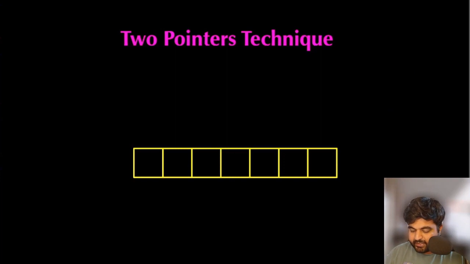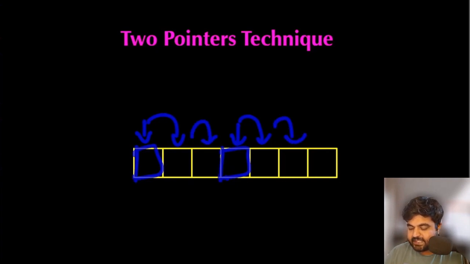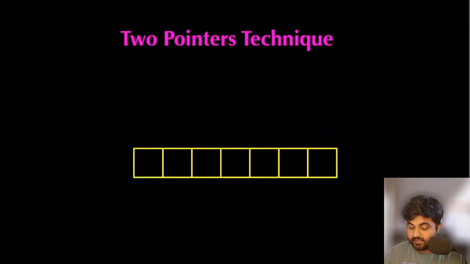Second way to use two pointers is that we have a starting pointer and we have an ending pointer, maybe located a few steps ahead of the original starting pointer, and sequentially we keep on moving from one step to the other step depending on the input. So this is also another way to use two pointers.